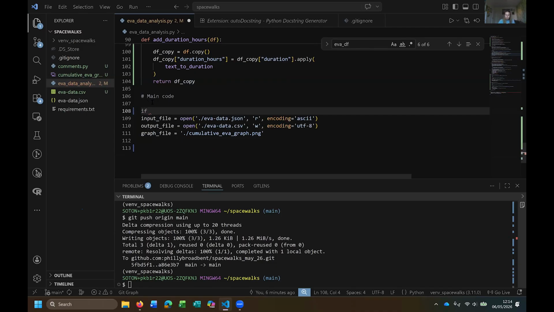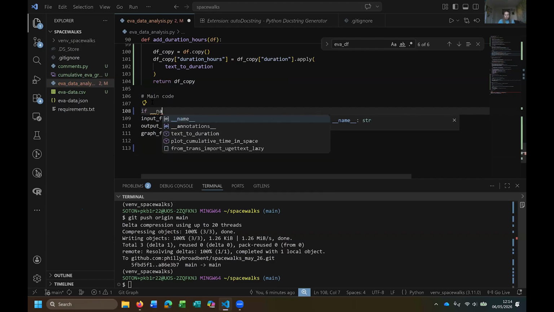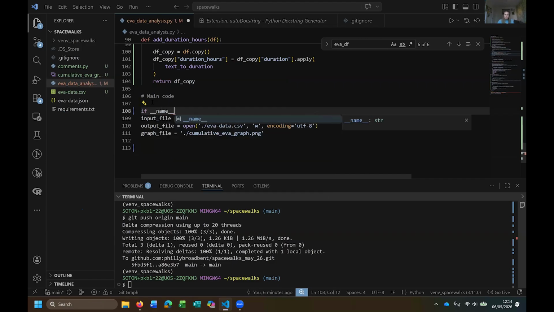So I'm going to say if double underscore name double underscore, so that's a special Python variable, is equal to, double equals sign, double underscore main double underscore. So if name is equal to main, which means really if this is being called from the terminal, then